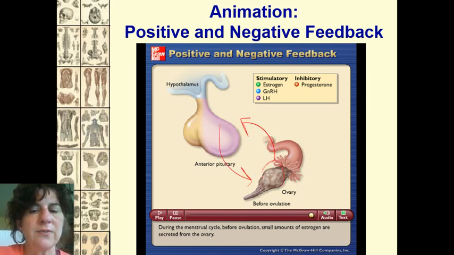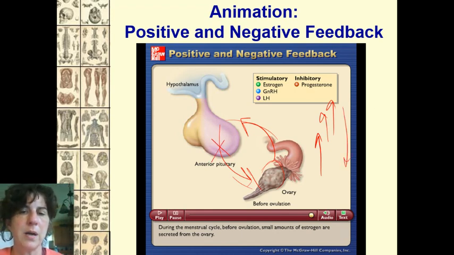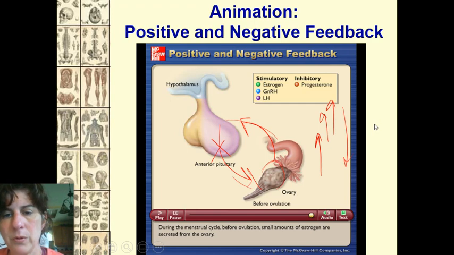So the more that's released from here is causing the pituitary to release more, and so your levels start to increase, and then at some point, after ovulation occurs, it says stop that, and so the levels come back down again. So just really watch the positive and the negative feedback on that when you go through that. Don't pay attention to all the names of the hormones and what's going on with the pituitary and stuff. You'll learn that later.